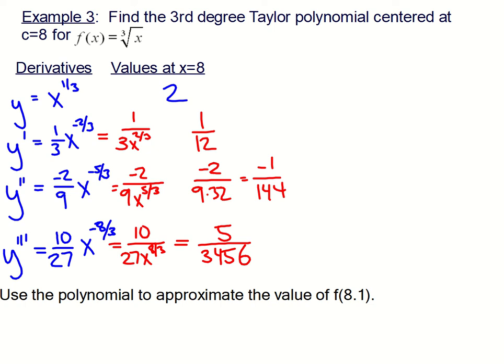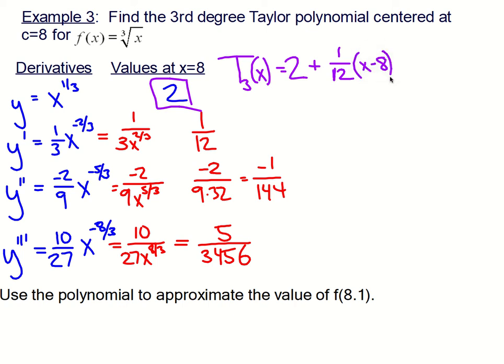So now that I have the derivatives, now we just need to also remember that we will be putting in the factorials in the denominator for the coefficients as well. So if we start our Taylor polynomial, we would start with f of c, so that's just 2, f of x evaluated at x equals 8. So my Taylor polynomial, and this is a third degree Taylor polynomial, would equal 2, and then plus the first derivative, which is 1/12, divided by 1 factorial, which is just 1, and then times x minus the center, which is 8 to the